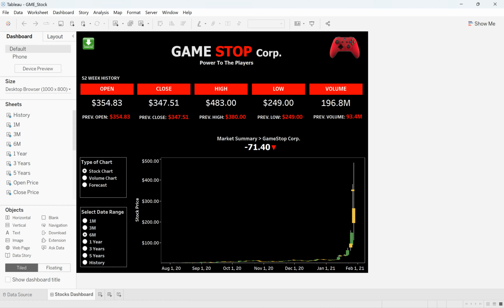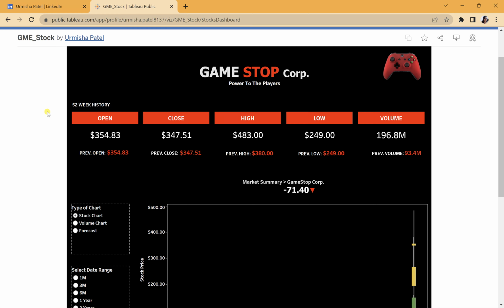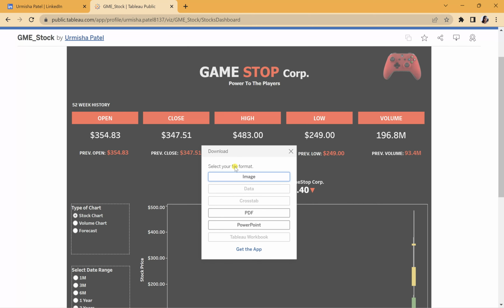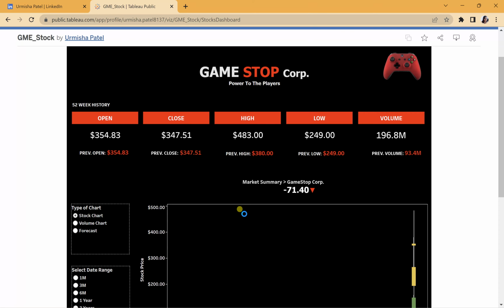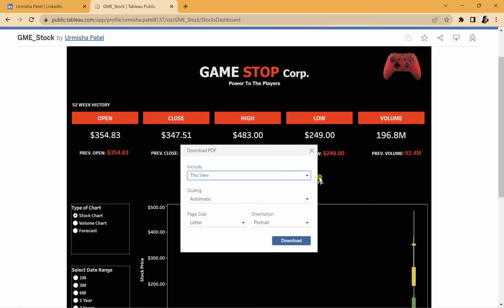So far, Tableau has already provided a way to download, select your file format, and then follow the standard procedure. Let me show you that one. So this is my Tableau Public, and here you can see in the right corner there's a download link. Clicking on this, they'll ask you to select your file format, and which formats you want to download. But for all this, they need to go through these steps, click on it, and then select the procedure. Let's say just PDF. So they have to select the scaling, page style, and all that stuff.